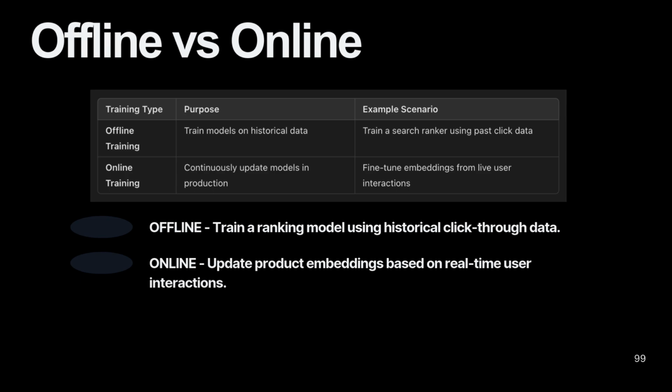Then we can also talk about offline and online training. Offline training is basically training the model every day or every month, right? So it's done offline. It's mostly trained on historical data. But let's say you have real-time data and you want to train the model continuously, then online training is the way to go. Online training means that